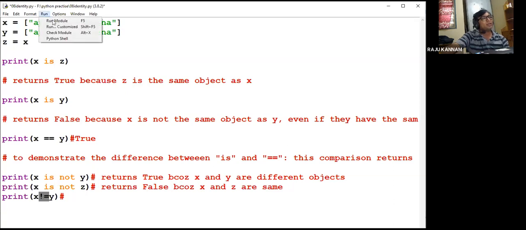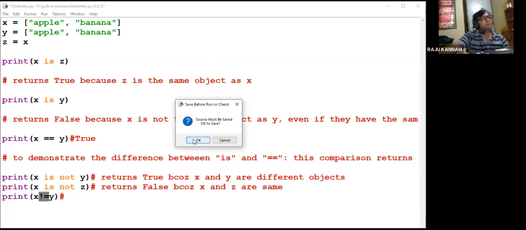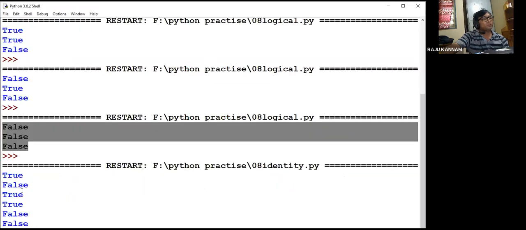Okay, let us execute this. So true, false, true, true, false, false. Right? Any doubts here? Any doubts?